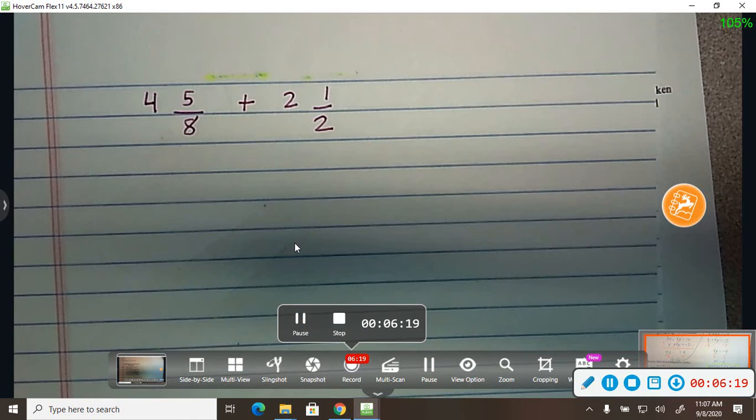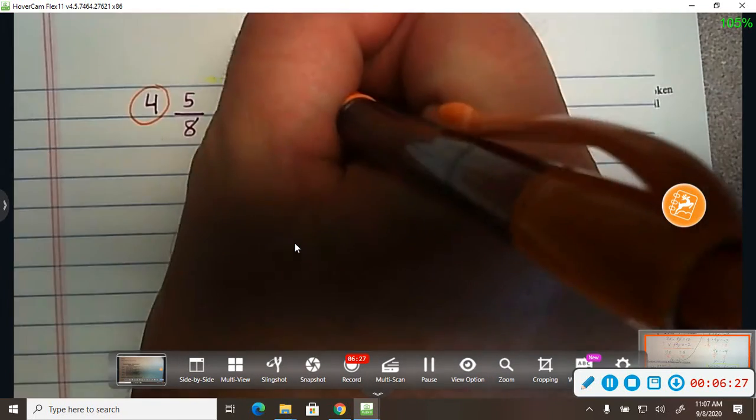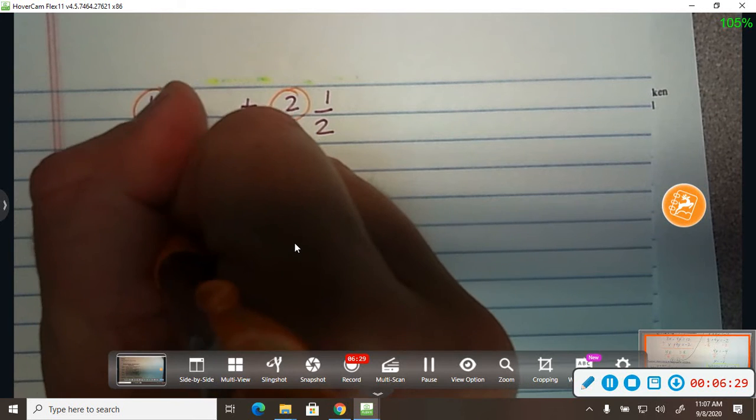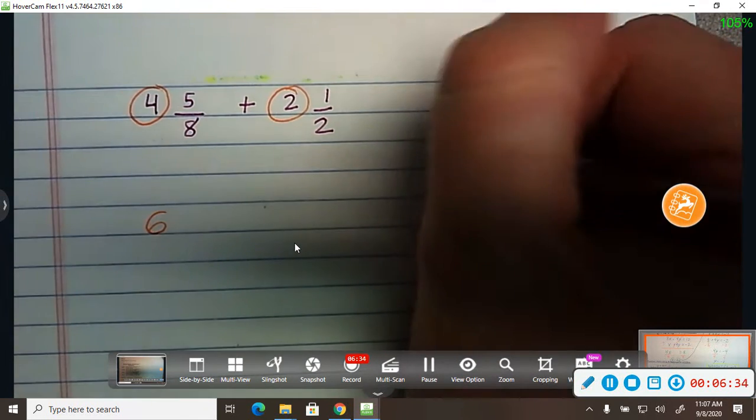So real quick, how to add these fractions. I mean, this part's easy. There's 2 ways to do this. I'll just show you the way that makes sense to me. Here we have 4 plus 2 is 6. And then if we add 5/8 plus a half,